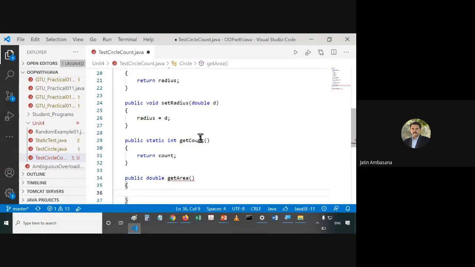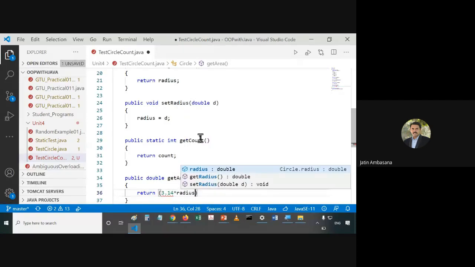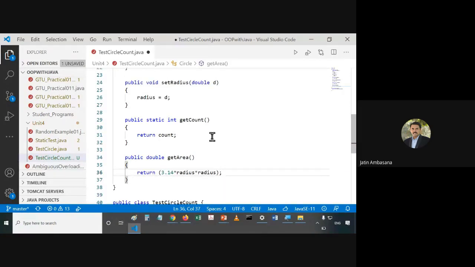And this getArea method will return 3.14 into radius into radius. That's the formula of the area, right?